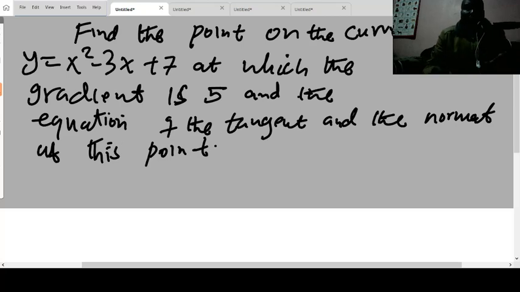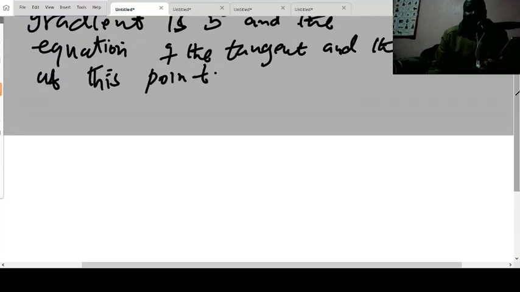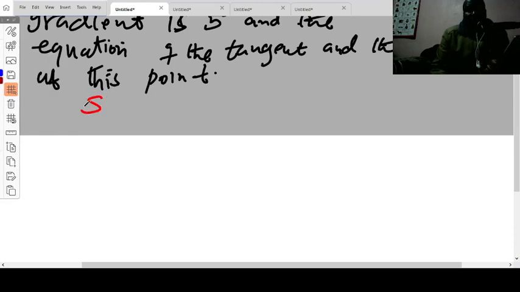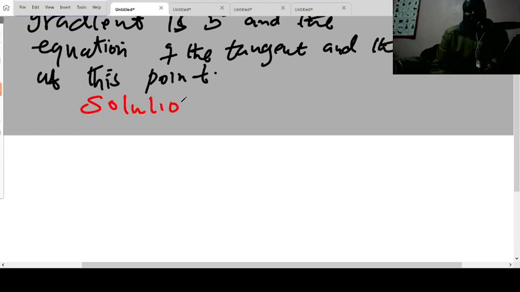We have work to do here. We need to get the point. After getting the point, because we have the gradient, we are going to use the point to find the equation of the tangent and the equation of the normal. The point should be very simple to find out. So let me take you through that very fast. Solution. So we have